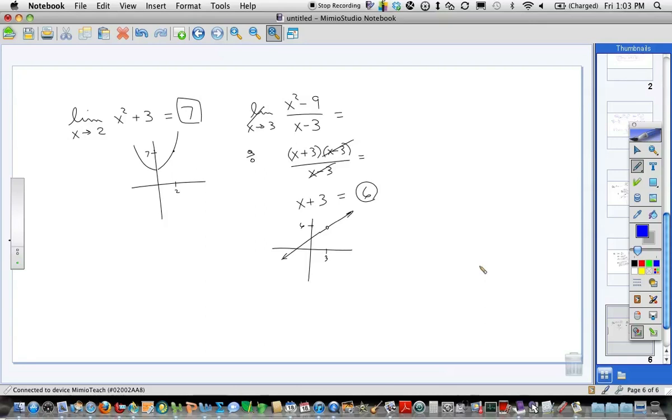The third possibility is this. Let's do this one. Limit as x approaches 1 of x squared minus 7x plus 6 all over